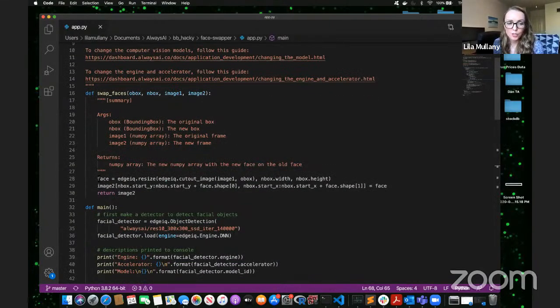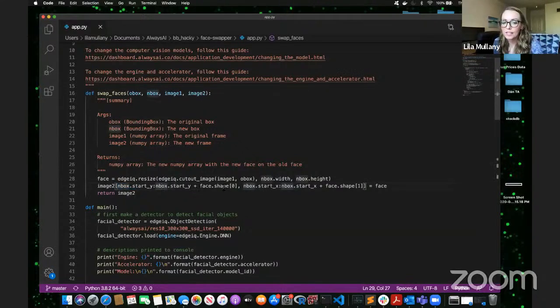First, we create this face by cutting out the original box from the original image, and then resizing it to be the width and the height of the new box. Then we index into that new image, which was a copy of the original image, and we modify that section of the copy of the original image, I'm sorry,